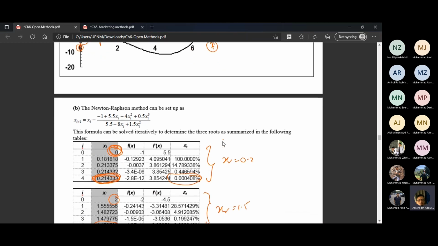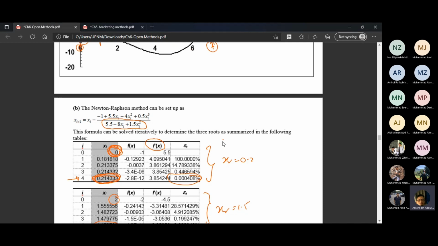Of course, before that, we need to find the first derivative of f(x). First derivative of f(x), we need to calculate. Okay, and then we do the iterations. So if we solve for the first root, by using the initial point as 0, by the fourth iteration, we will get our